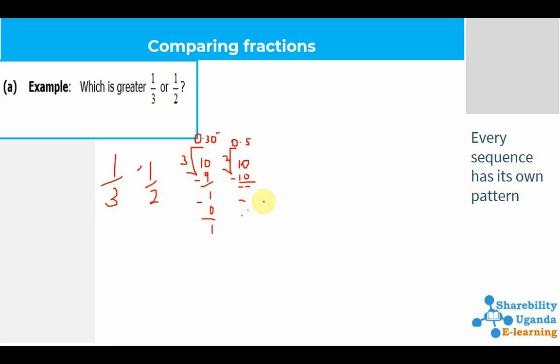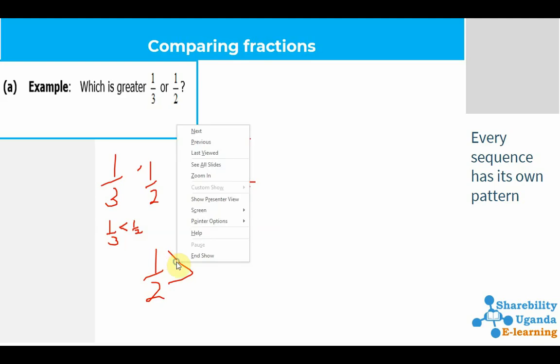We can say our 1 out of 3 is less than 1 out of 2. So when they say arrange them, they are asking which one is greater than another. So here we can say 1 out of 2 is greater than